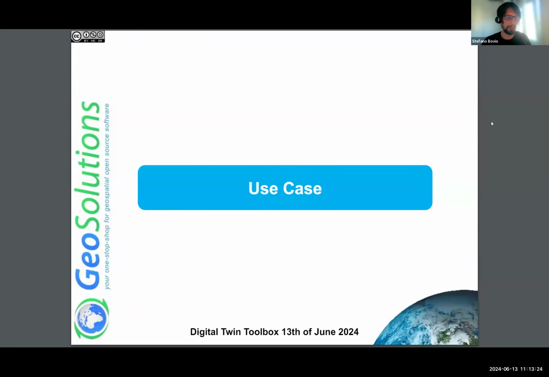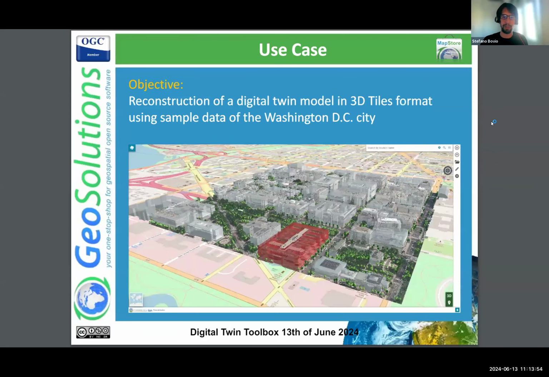I'm Stefano Bovio, and I work at GeoSolutions on projects like MapStore Core and the GeoNode front-end part as a front-end developer. I helped the team work on the Digital Twin Toolbox, this set of tools that will allow us to see today how to convert the data that we have into 3D tiles, aiming at digital twin